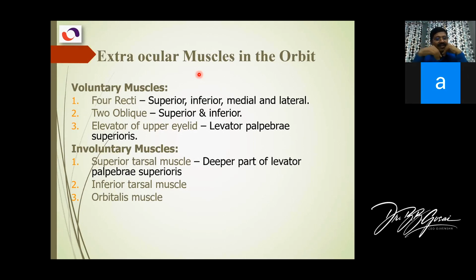I will show you in the next slide. And then there is a small muscle for the inferior tarsal, and a small muscle below the eyeball at the inferior orbital fissure, from where, as I explained, the maxillary nerve comes out. That fissure is guarded by the orbitalis, and it just suspends the eyeball. If the orbitalis is paralyzed, then sagging of the eyeball will take place. The eyeball will fall down a little bit. It will not stay in the center. There are many pathologies related to it, but we'll focus on the 4 recti, 2 obliques, and the levator. So let's go to the extraocular muscles.